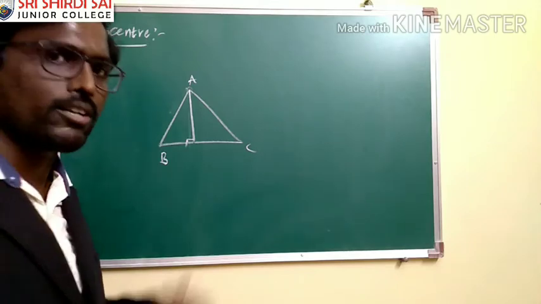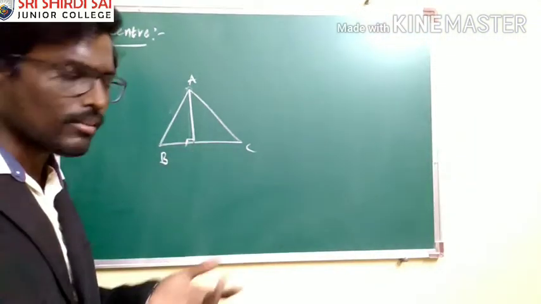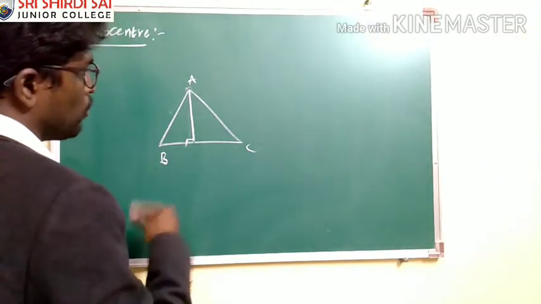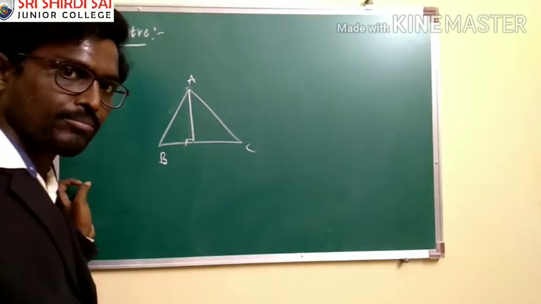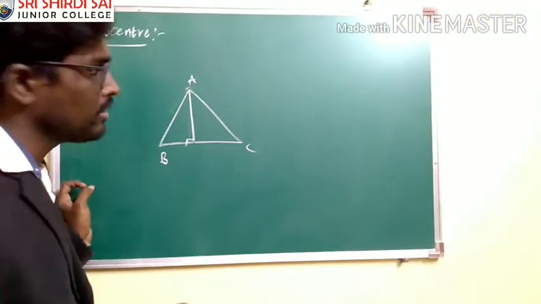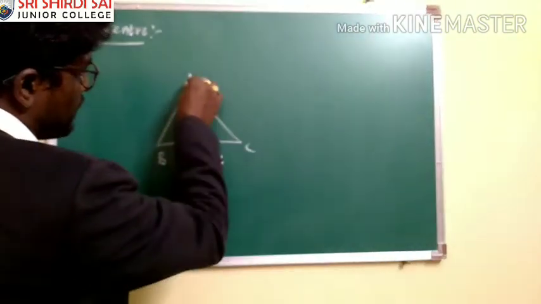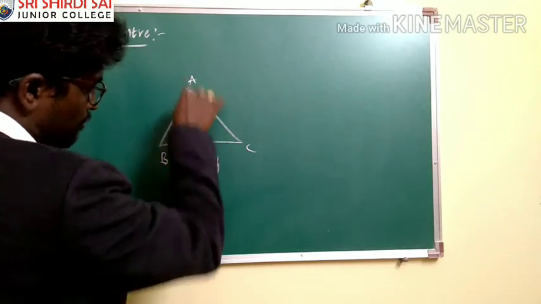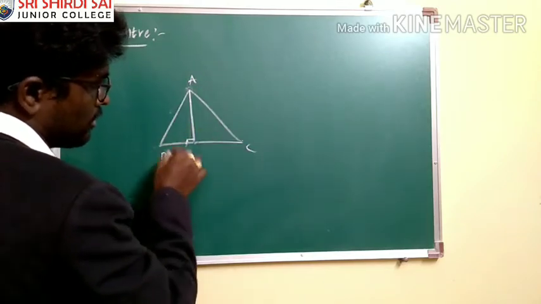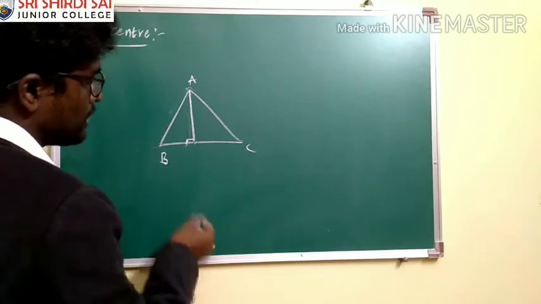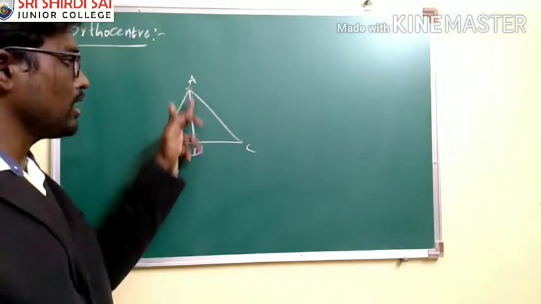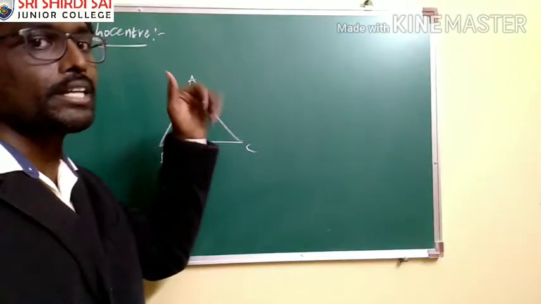If you take an equilateral triangle, then it divides equally. If you do not take an equilateral triangle, it won't. So here altitude is different from the perpendicular bisector. Let's say AD is one altitude, meaning it makes 90 degrees at the point where it cuts the line segment BC. Let's say its foot is D.